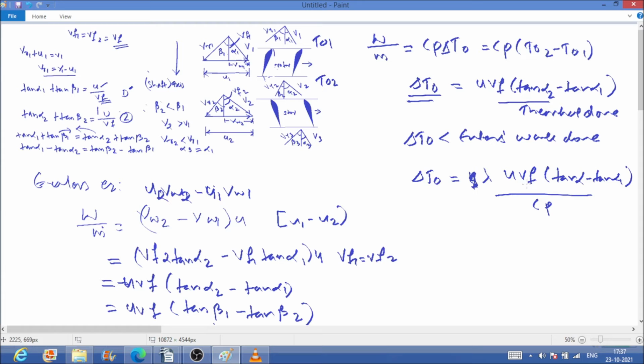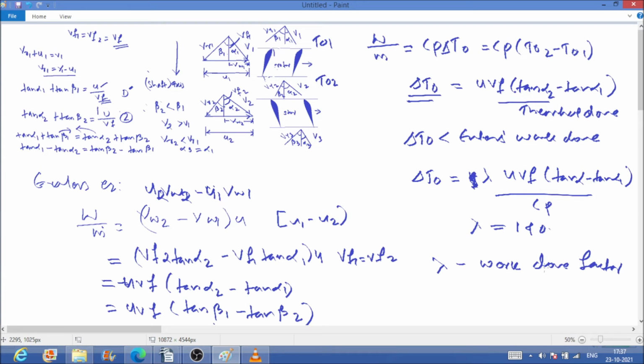Why? Because theoretically we have considered the flow velocity along this cross section, and I have considered this Vf as uniform, but actually it is not uniform. So because of that some losses are there. The value of lambda hence is between 0 and 1. So there is a reduction of the theoretical work due to losses, and this lambda is called the work done factor. We have discussed it in the centrifugal compressor part also.